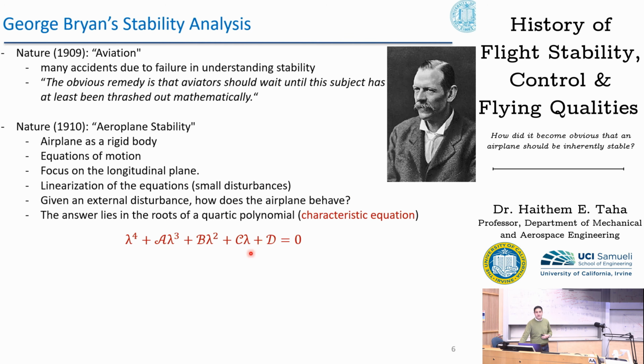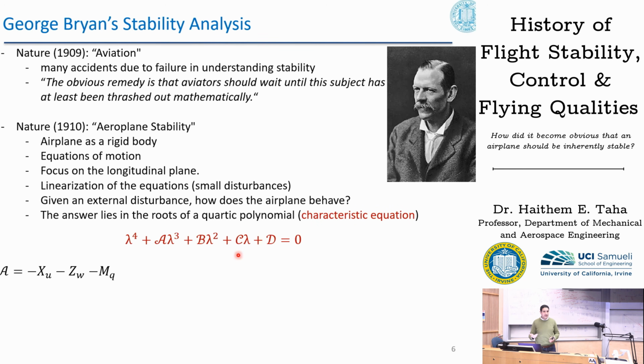Another interesting point, if you attended this class and you look at these coefficients of the polynomial, what do you think they depend upon? If you think a little bit, you're going to realize that they should depend on the stability derivatives of the airplane. And indeed, yes, A in particular depends on the damping derivatives. And how do we get these stability derivatives in this class, if you remember? Well, we rely on our basic understanding of aerodynamic theory.